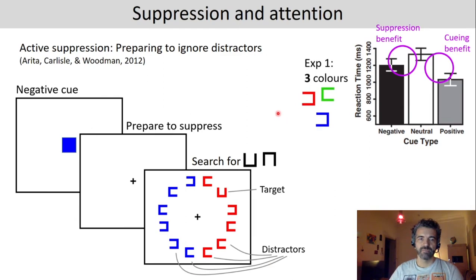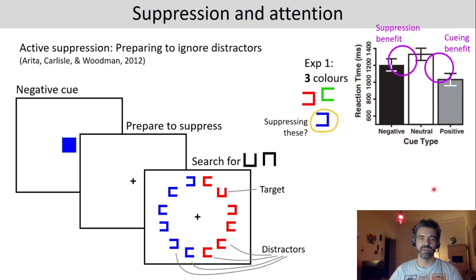And in experiment 1, they used 3 colors. So this is important because one could argue, imagine you only use 2 colors, then if you know the blue is a negative cue, instead what you could do is recode that information, say, oh okay, then red must be the relevant color, and use red as a positive cue. But if there's 3 colors, you can't do this. What you could do, of course, is if you get a blue negative cue, you could say, well, okay, that means that the target must be green or red,